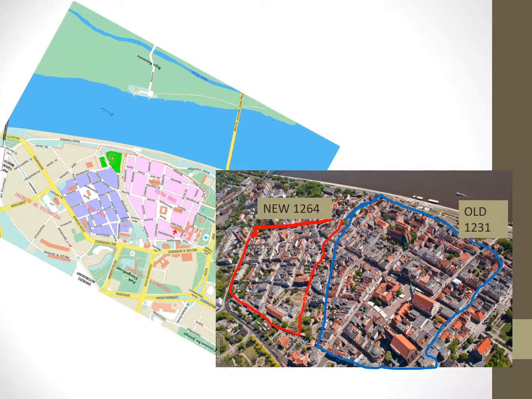And so even though these are physically next to each other, administratively, legally, the old town and new town of Torun are completely separate entities. You can see, for example, the market square of Old Torun here on the right, and the market square of New Torun, a little bit hard to see, but just here on the left.